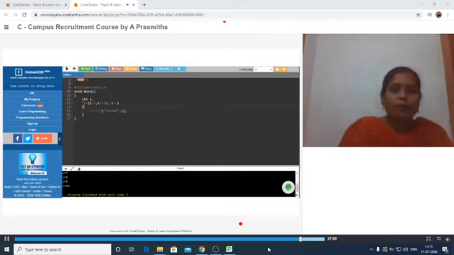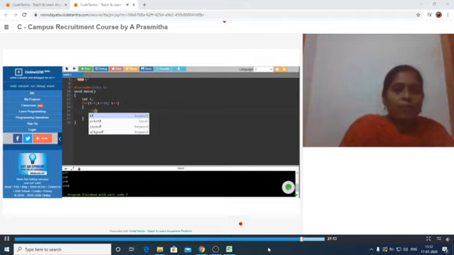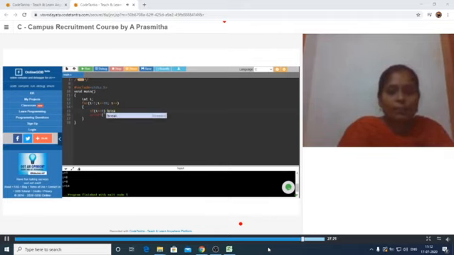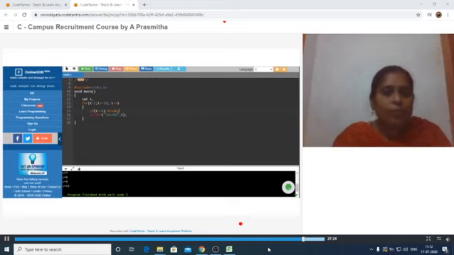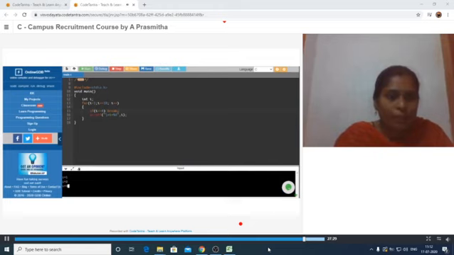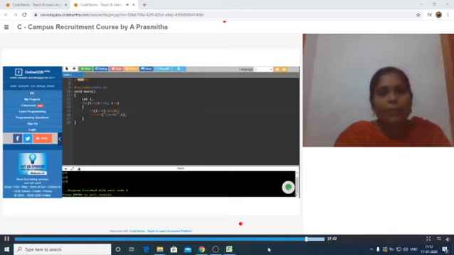Inside this for loop I am going to use one more condition with if. If i reaches 4, that means i is equal to 4, I just want to break. Now let me run the same program. What will be the output? We will check it here. See, this time it is printing only 1, 2 and 3. It is not printing up to 10. So here the break statement works. The main intention of the break statement is to stop the execution of the loop once the condition is reached.